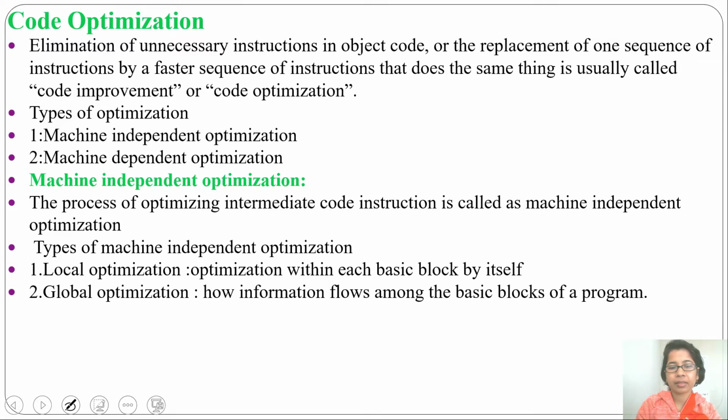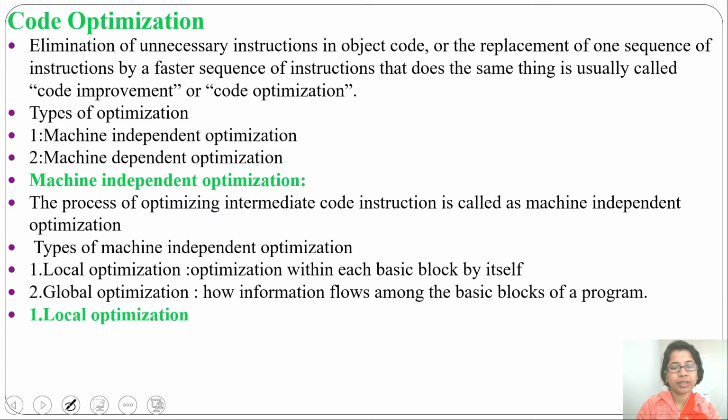I already discussed control flow graph. In a control flow graph, we divide the 3 address instructions into a set of blocks. If we are optimizing within a block, that is called local optimization. If we are optimizing at all block levels, considering how data passes from one block to another, at the program level, that is called global optimization. So let's discuss local optimization.